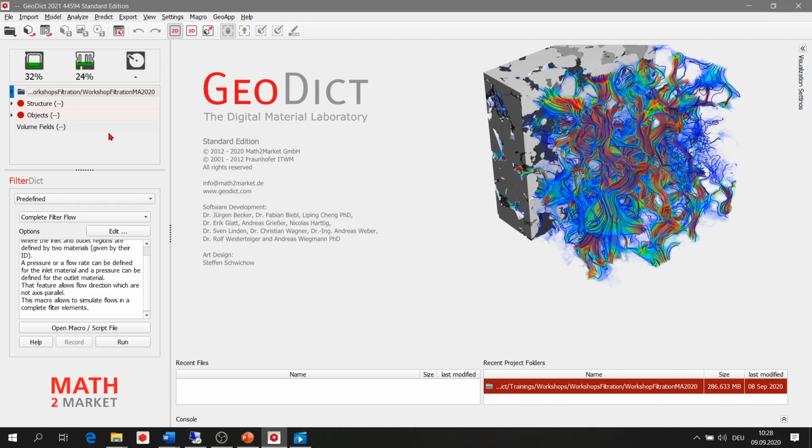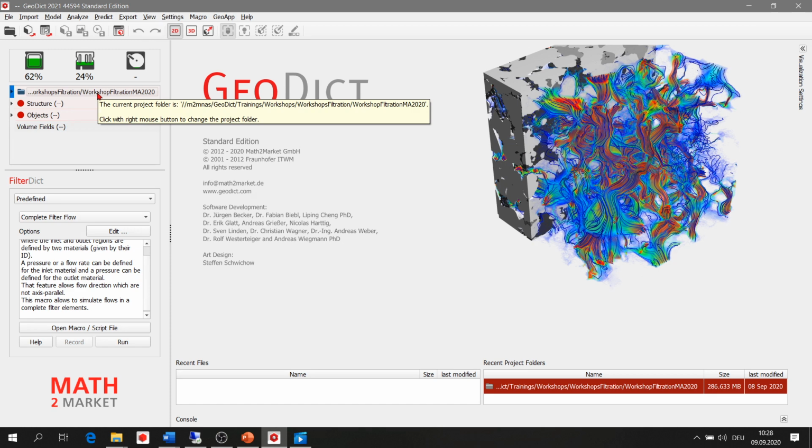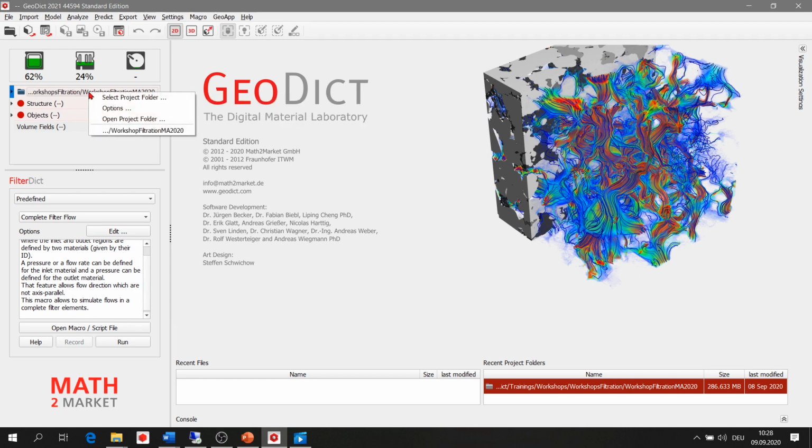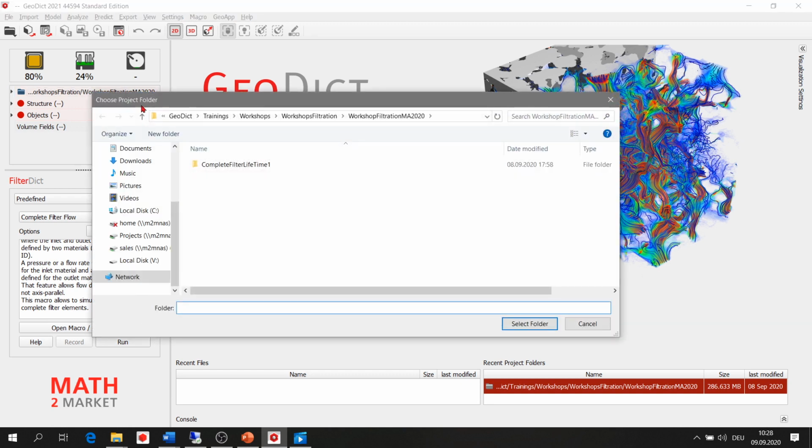First of all, the first step you need to do is to define or select an appropriate project folder. For this, as you can see the red mouse, you can right click on this and then select project folder.